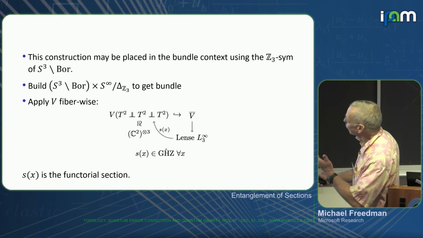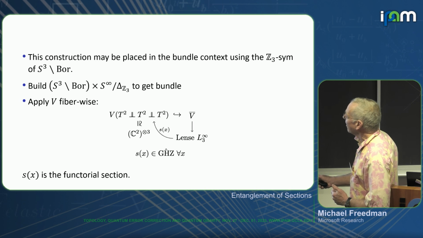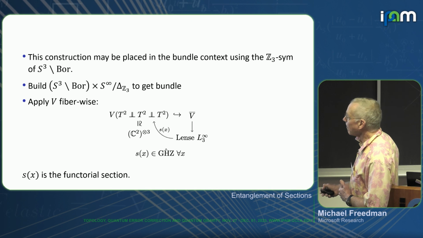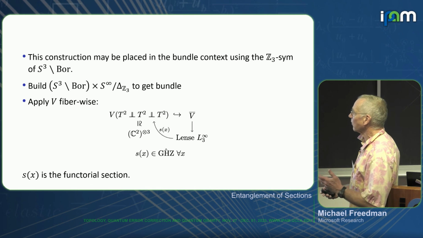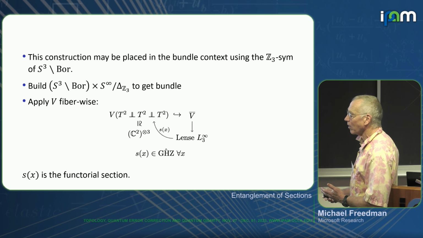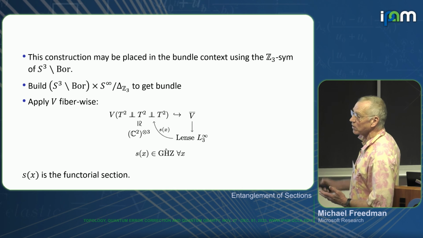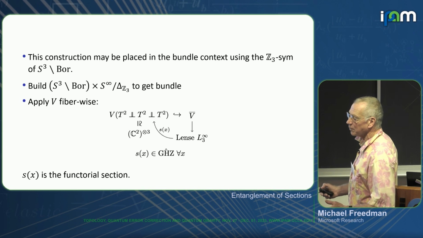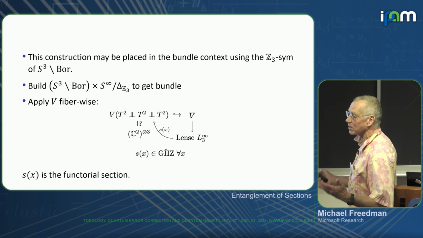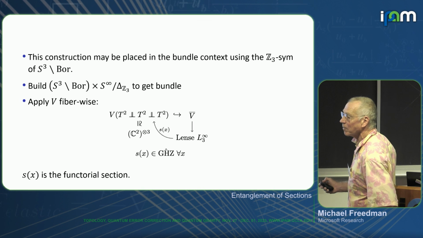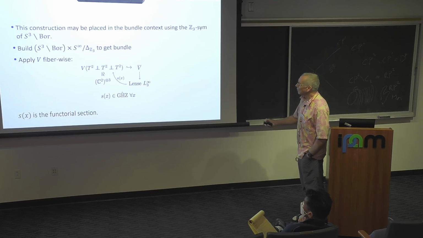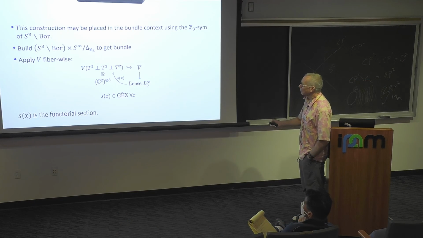And what we just proved, or what we just saw, is that this section is all GHZ. So this is kind of a counterpoint to the previous example, where we had a threefold tensor product fiber, and there was no section that was all GHZ. Here, the canonical section associated with the symmetry is all GHZ, essentially for a trivial reason, that the same thing is happening in each fiber. The section, of course, being the value of the partition function.